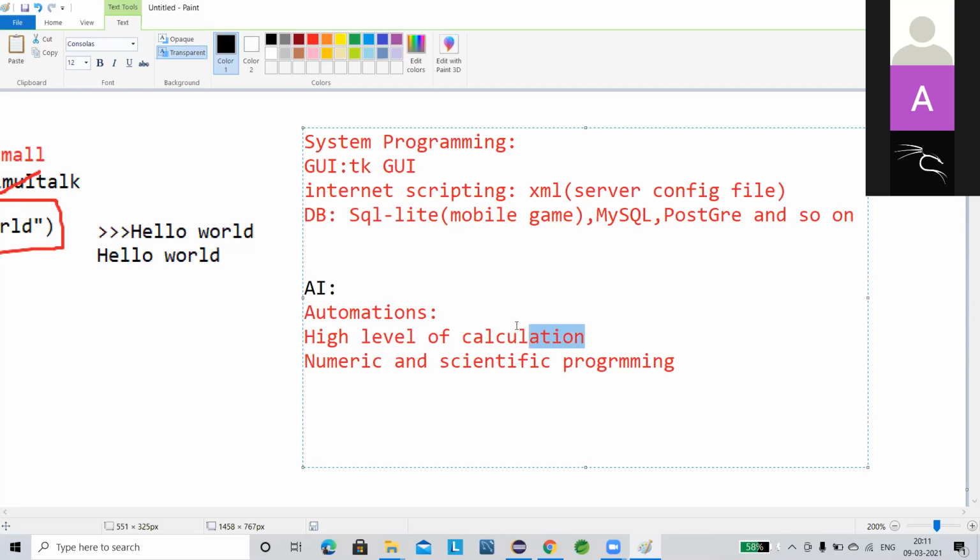The second one is high level of calculations. High level of calculation means, suppose in any statistical learning or statistical analysis, I create one complex equation. To solve the complex equation, we need this higher level of calculation. Think like that: suppose I want to add 2 plus 2, the result is 4. That is the simplest structure.